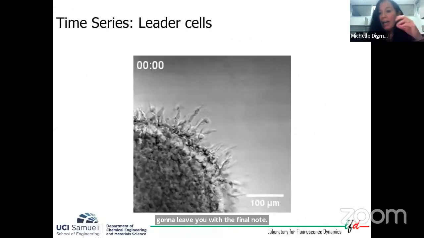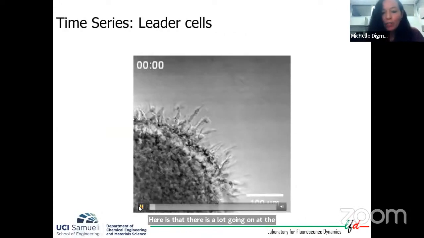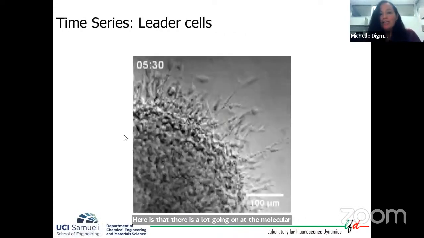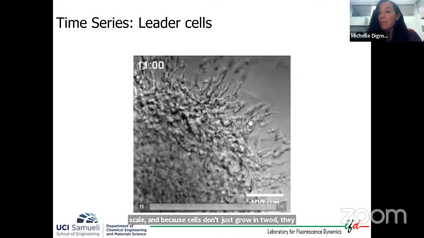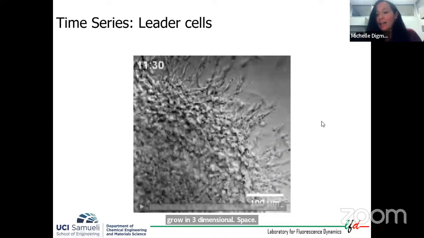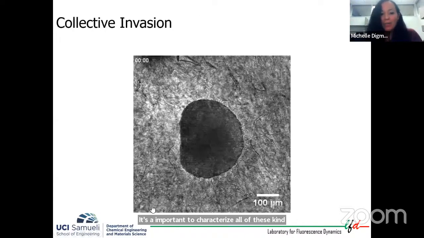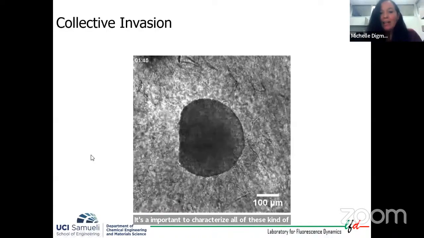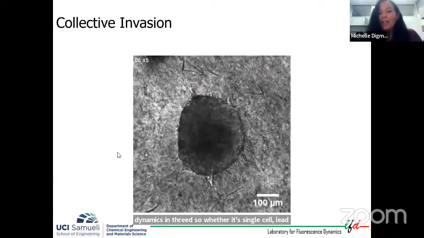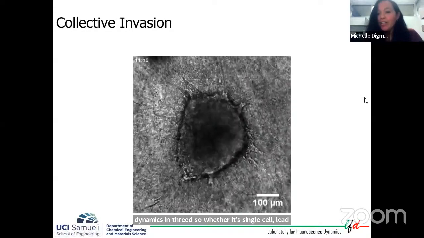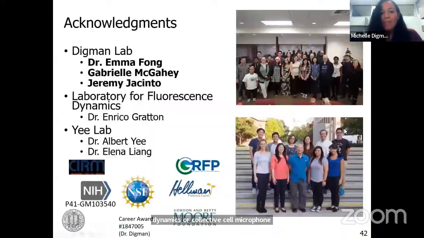lot going on at the molecular scale. And because cells don't just grow in 2D, they grow in three-dimensional space, it's important to characterize all of these kind of dynamics in 3D. So whether it's single cell-led dynamics or collective cell migration that occurs in cancer cells. And just want to